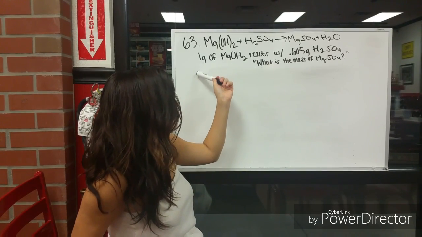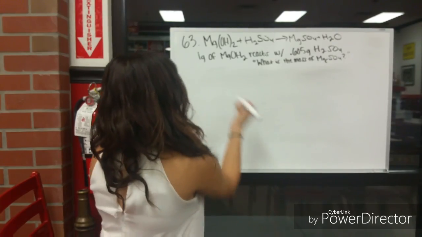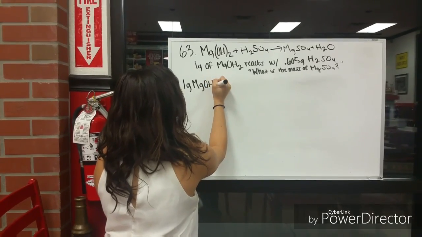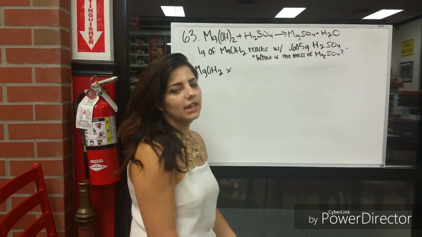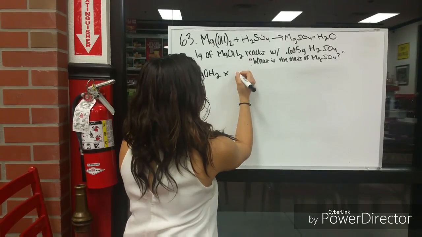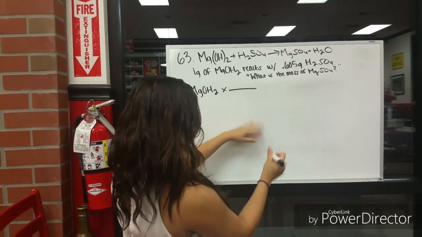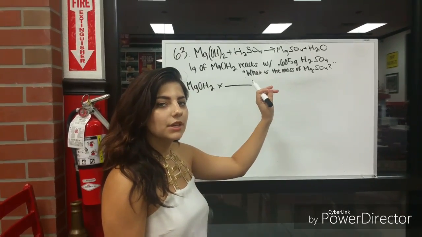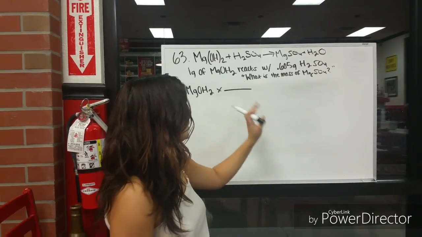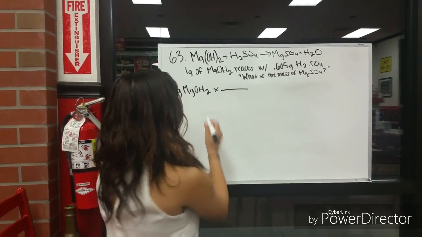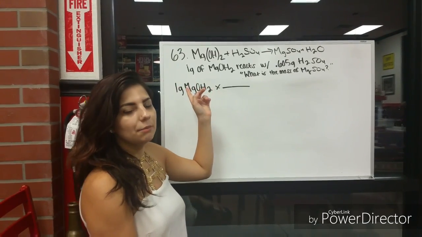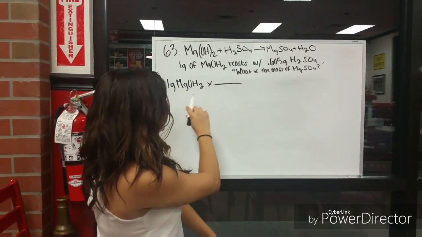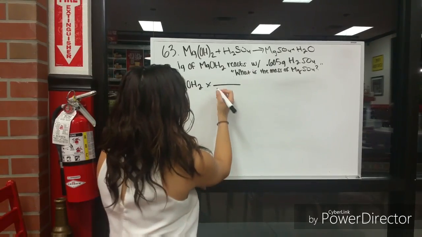So to get to that first question, we're going to start with our first given, which is 1 gram of Mg(OH)2. So let's write that first. And what we need to do is get this into moles. So we're going to put moles on top so that we get it by itself, and then we're going to put our molar mass on the bottom. And our molar mass we get by taking the numbers from the periodic table and adding them. And so what we get from Mg(OH)2 is 58.31,